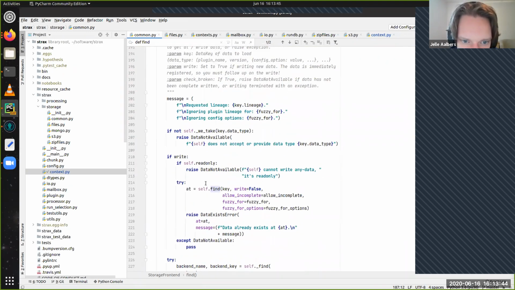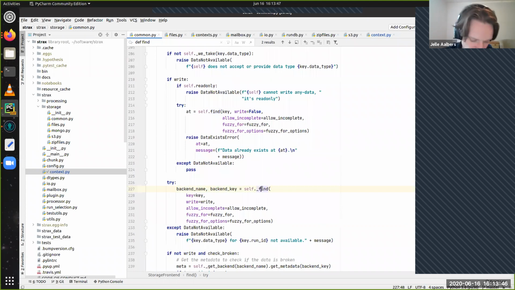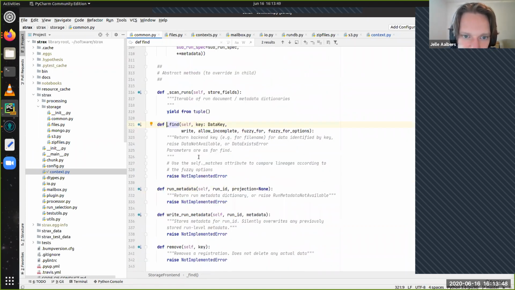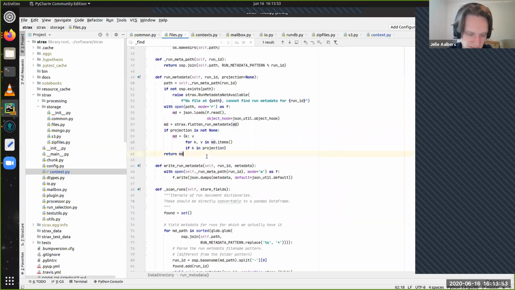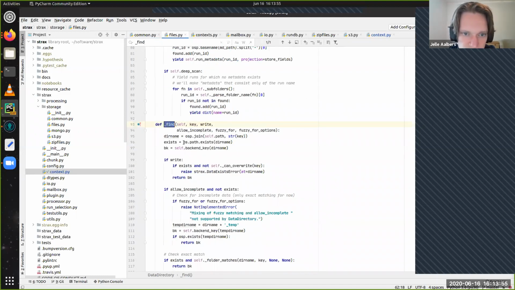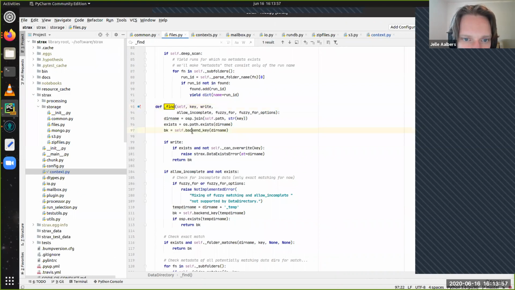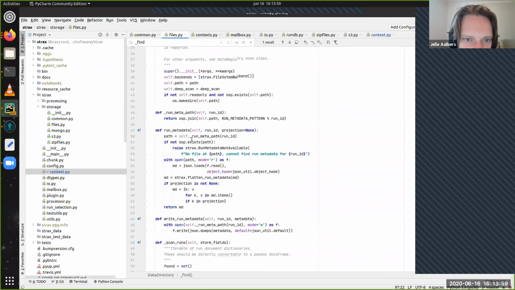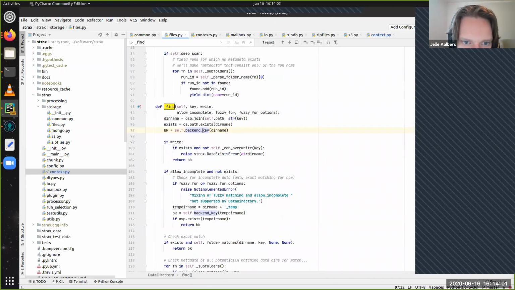What it will do is it calls self._find. Okay, so that's implemented again here. Right, so this is in the front end. So yeah, for this directory there is only one backend.